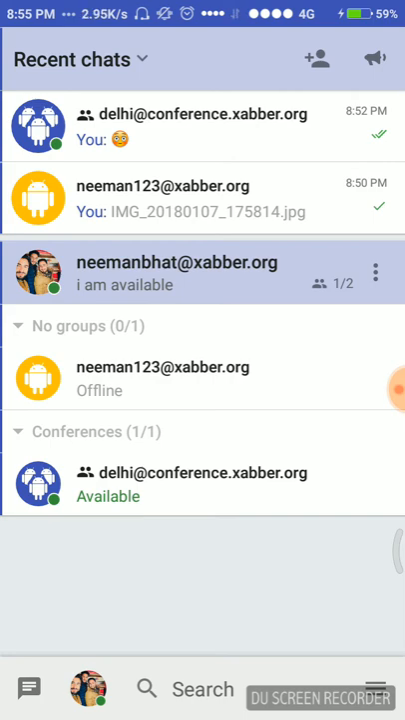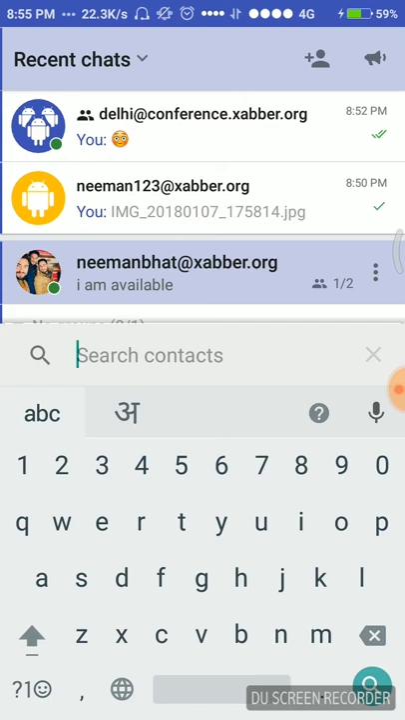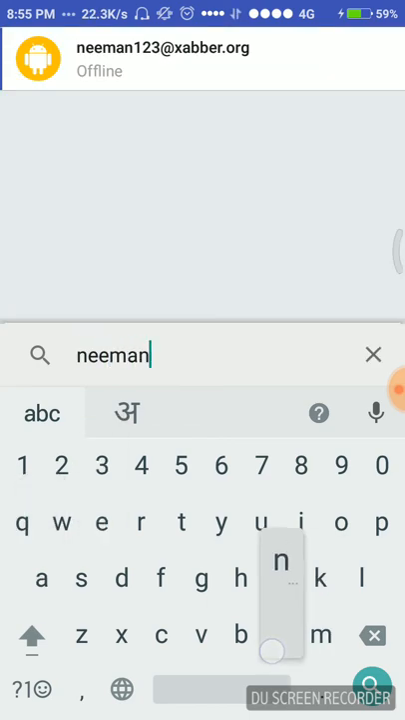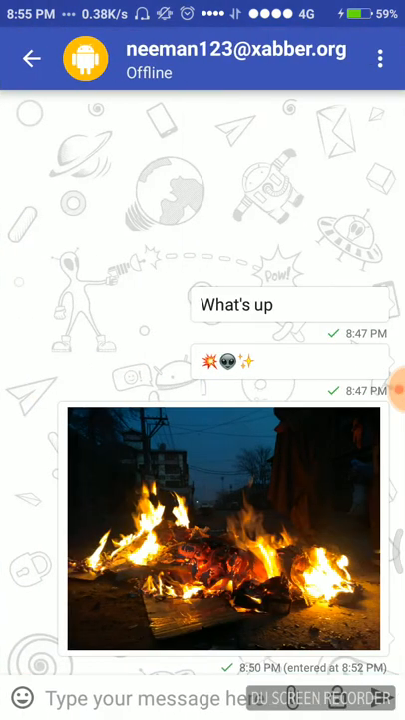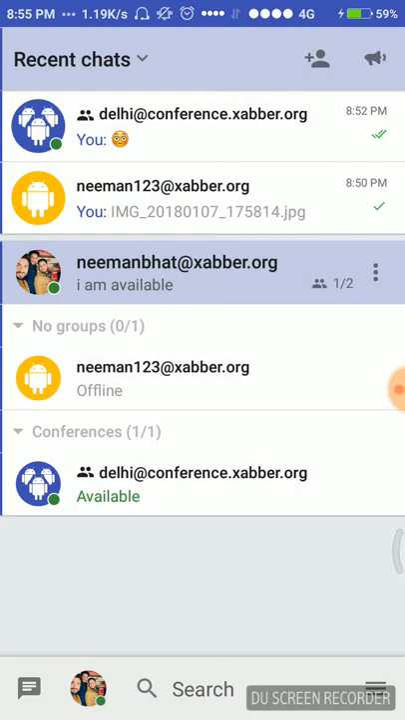Going to the lower toolbar, as you can see this search button. Hitting the search button, I can directly find a contact, for example Iman123. It will directly search for it and then show you the messages and the chat that you have been doing. We have conferences here, we can also search that. Another button we can search is here,